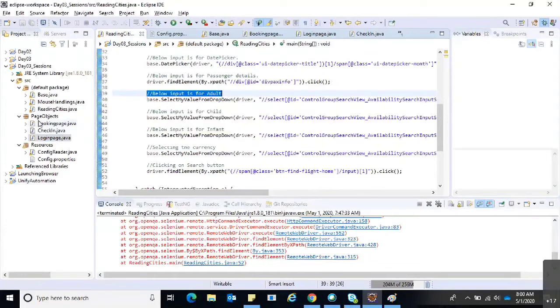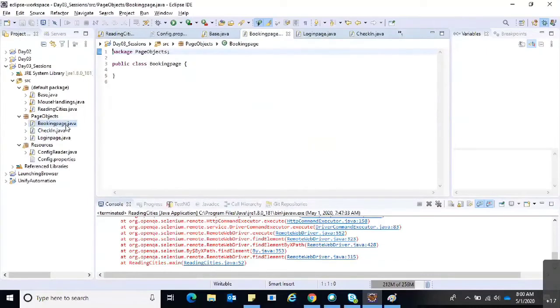So if we follow this page object model, we can directly navigate to the particular page, check the web elements there, and directly change the XPath or ID details. That is why we use the page object model. That is the purpose of the page object model.